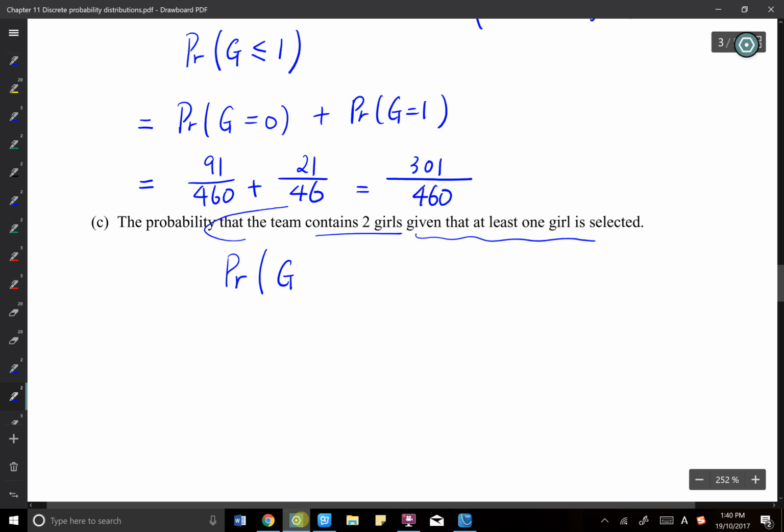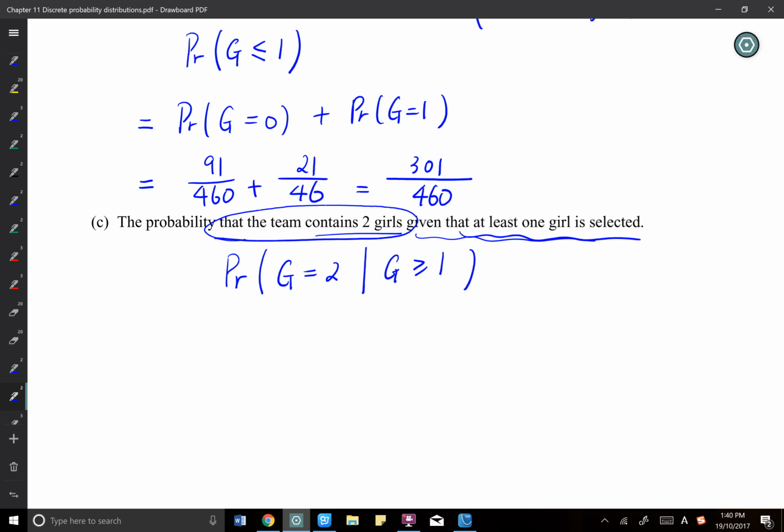Well, first, what do you need? G equals 2 and given G is at least 1. Okay, at least 1, so it's 1 or more. So G is greater than or equal to 1. So not only can you do the question, you also need to give out